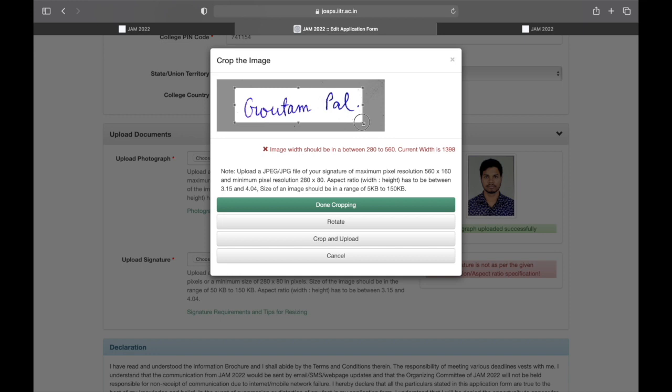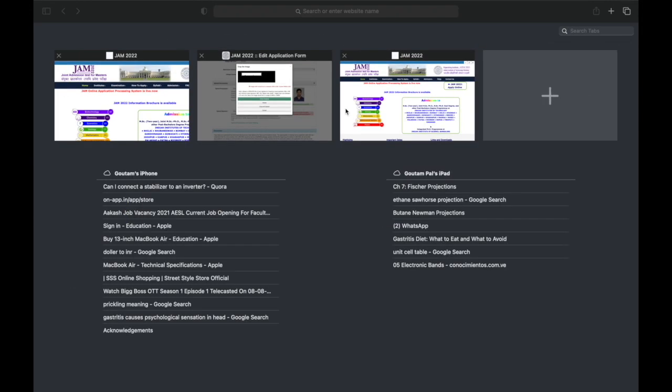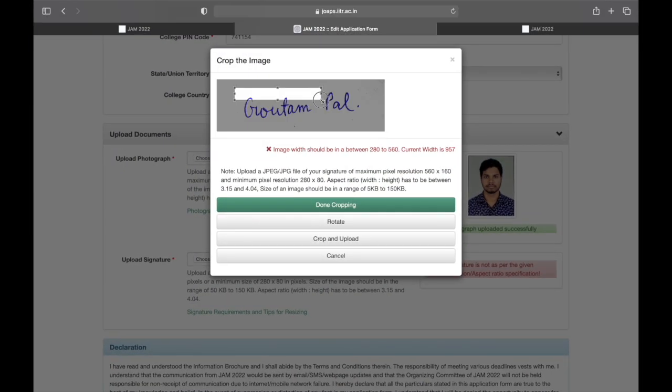I think I have to do something in a different way. So guys, what can I do? They are not accepting my signature, so I am showing you how you can resize your signature. Look at this, their resolution should be at maximum 560 by 160 pixels.